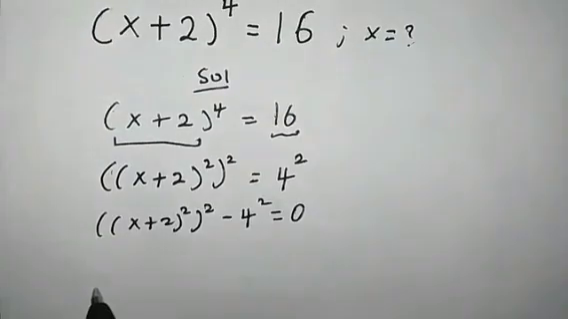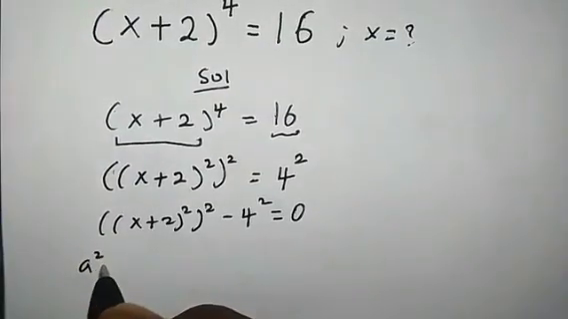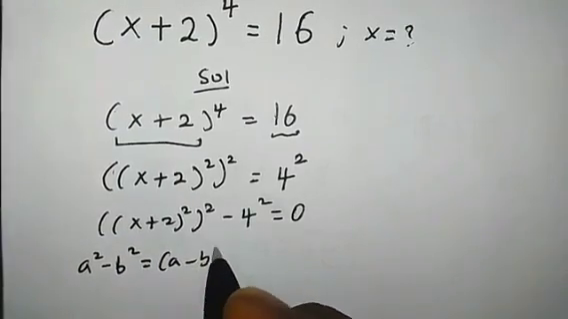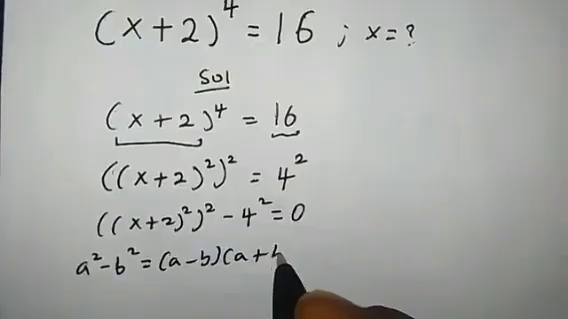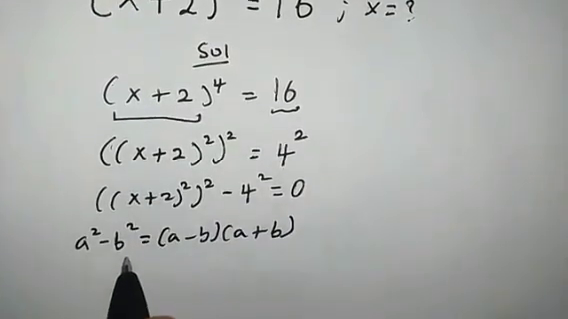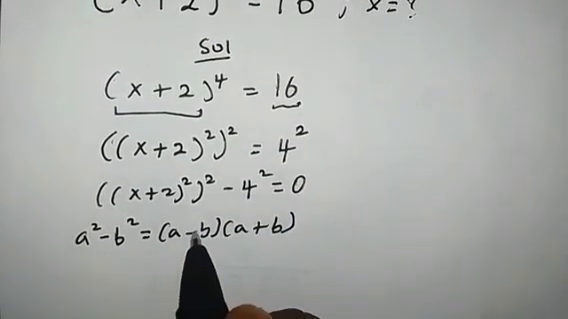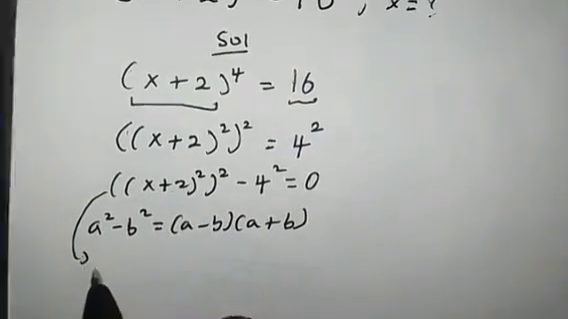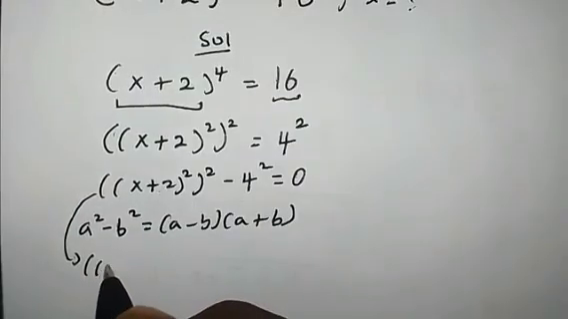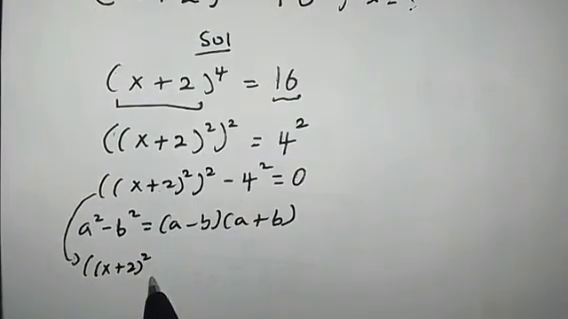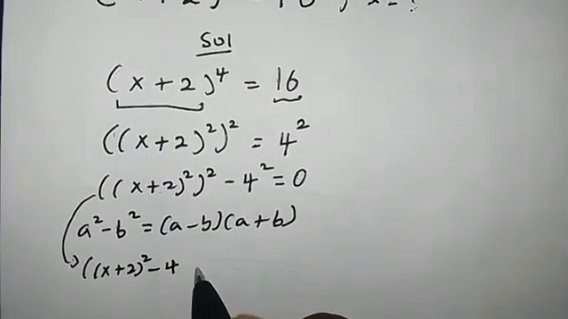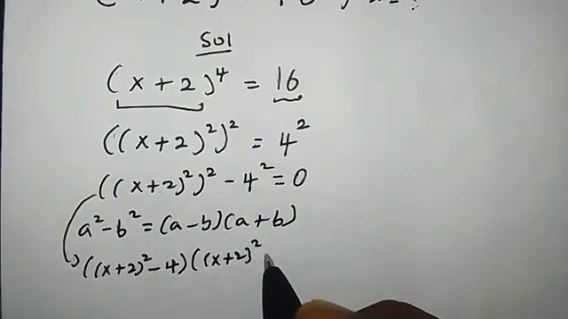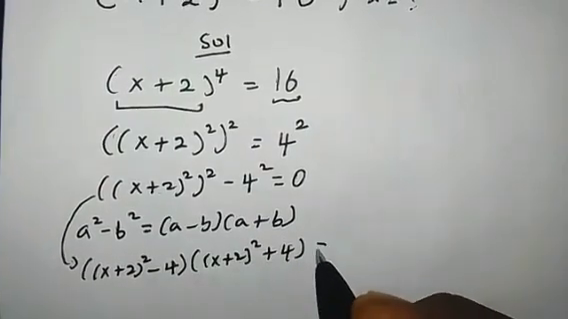Now recall that a squared minus b squared is equal to (a minus b) times (a plus b). This is the difference of two squares. Using this identity on this left hand side, we're going to have ((x + 2)^2 minus 4) times ((x + 2)^2 plus 4) equal to